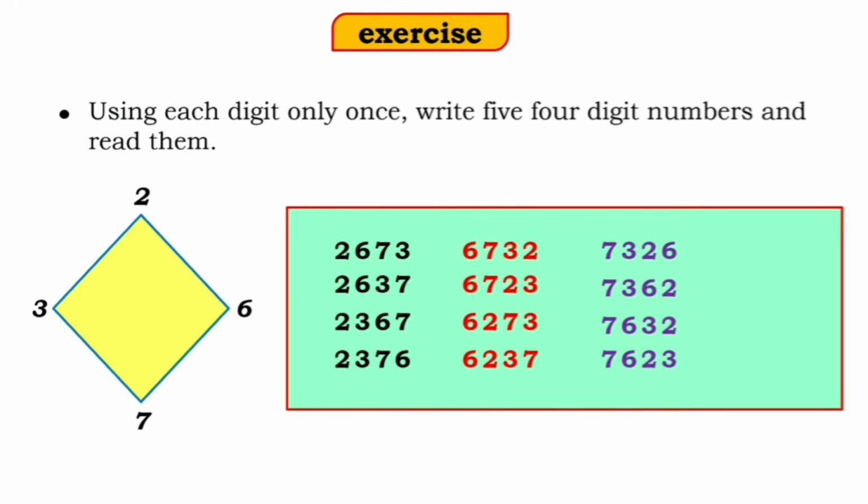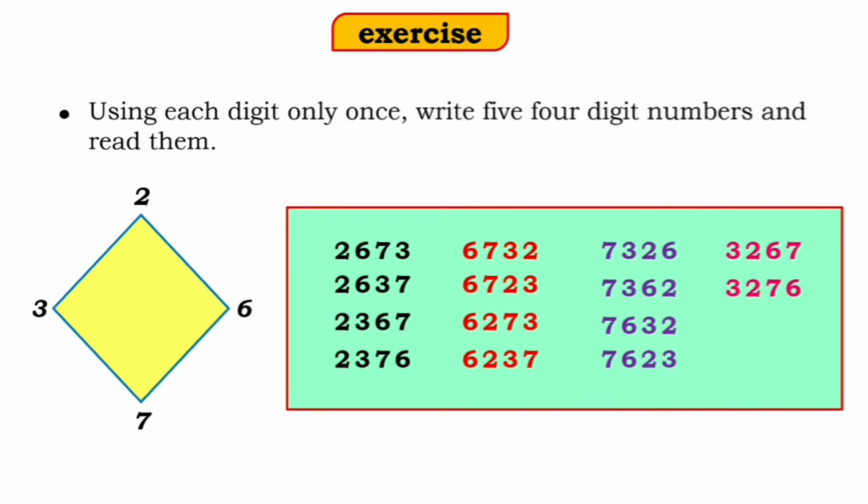7623. Now let us take 3 in the thousands place. So the number will be 3, 2, 6, 7. That is 3267. Now interchange the tens place and the units place. So 3, 2, 7, 6. That is